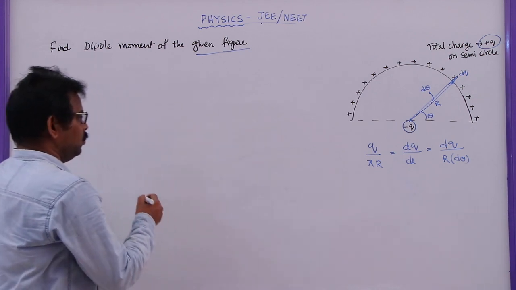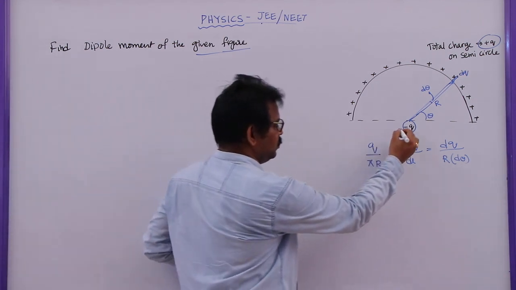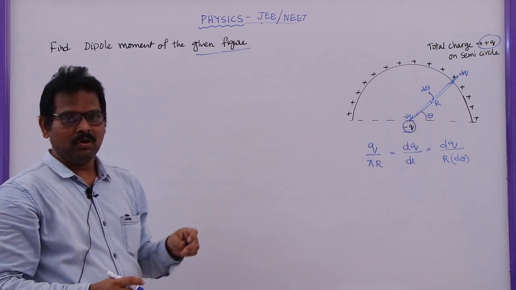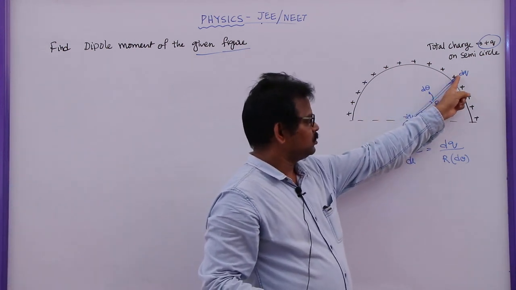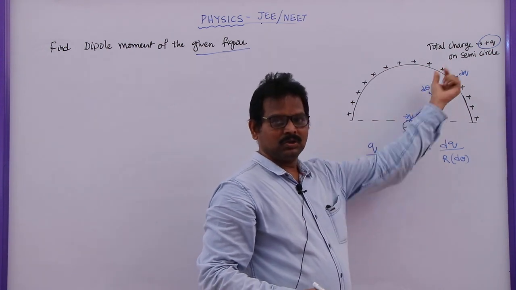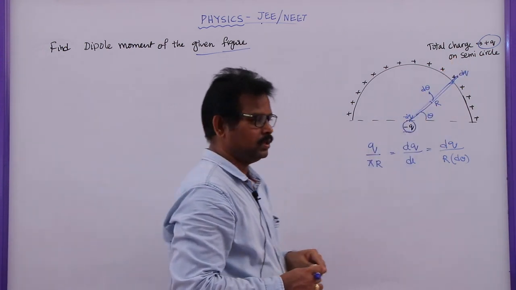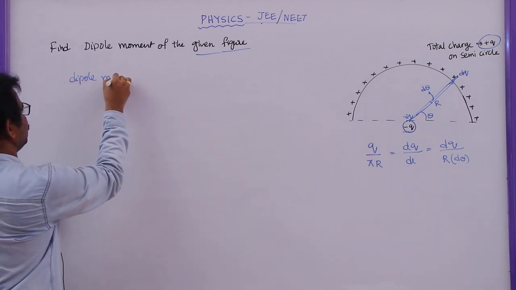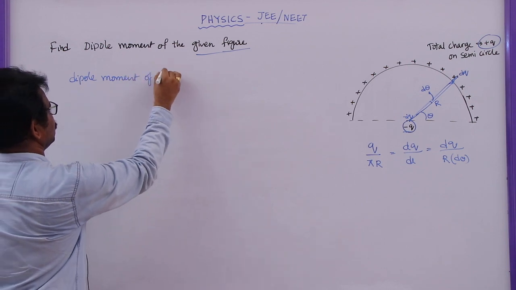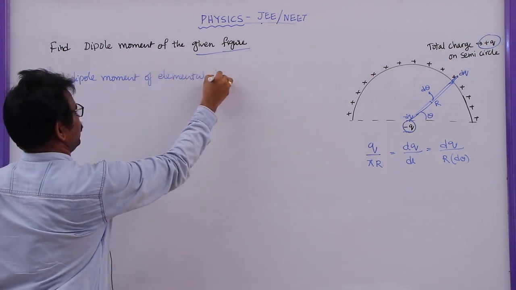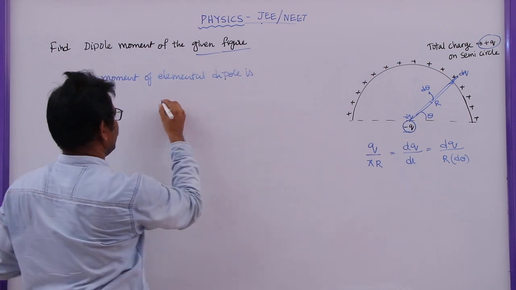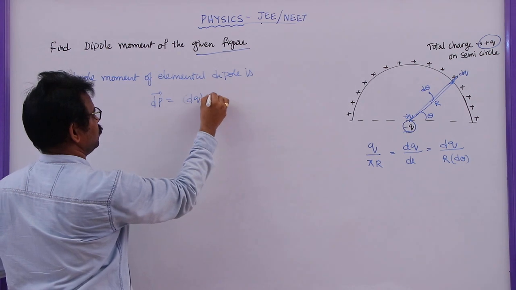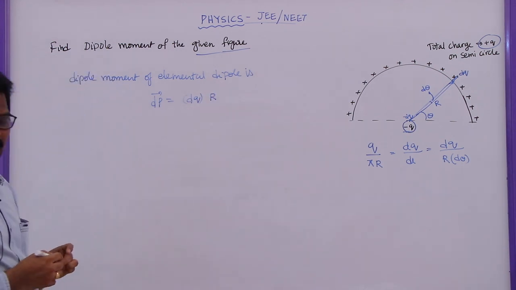So what is the dipole moment now? Here also, in this q, let me take a small portion which is minus dq. Now you can see minus dq and plus dq separated by r form a small dipole moment. So that is an elemental dipole. The dipole moment of the elemental dipole is given by dp bar equals the small charge dq into the distance between the two charges, r.